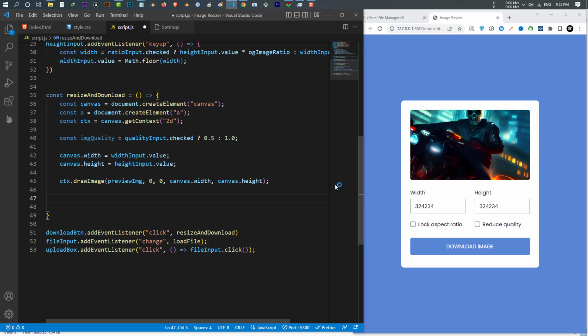Once we did that, we want to pass the canvas data URL as an href value of the a element. Okay, a element. It means we want to